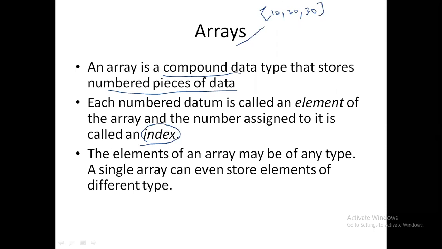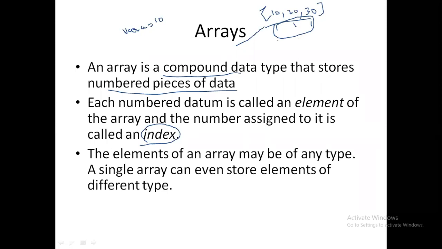Previously, I stored each value with something like var a equal to 10. When I say it like this, it stores only a single value. But now I'm storing multiple values of similar objects. This is the concept of an array. Now how will each value be identified? Each will be identified with some number. These numbers we call an index.